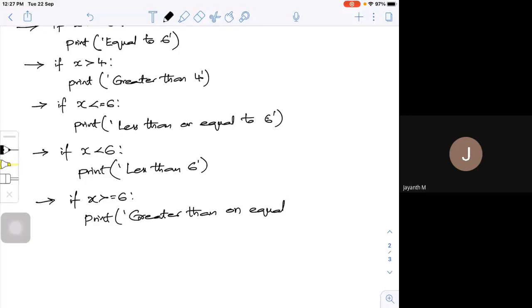Or if x is not equal to 6, less than or greater than, so if x is not equal to 6, I can print "it is not equal to 6."